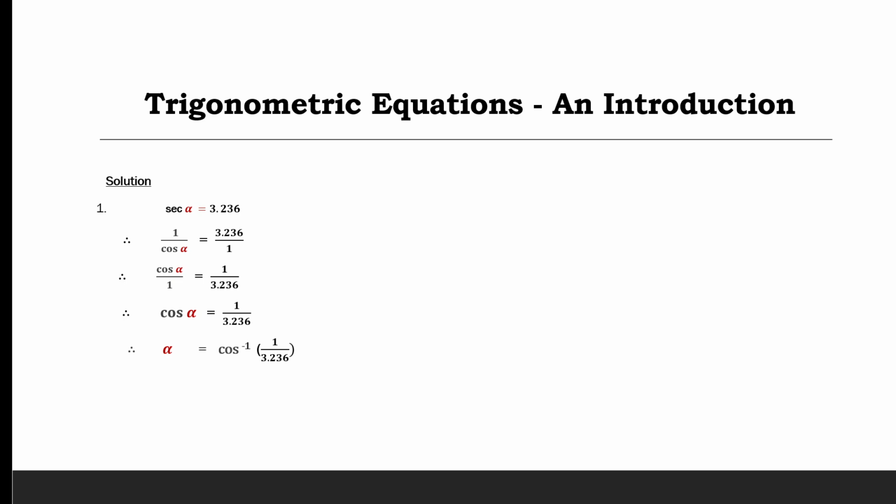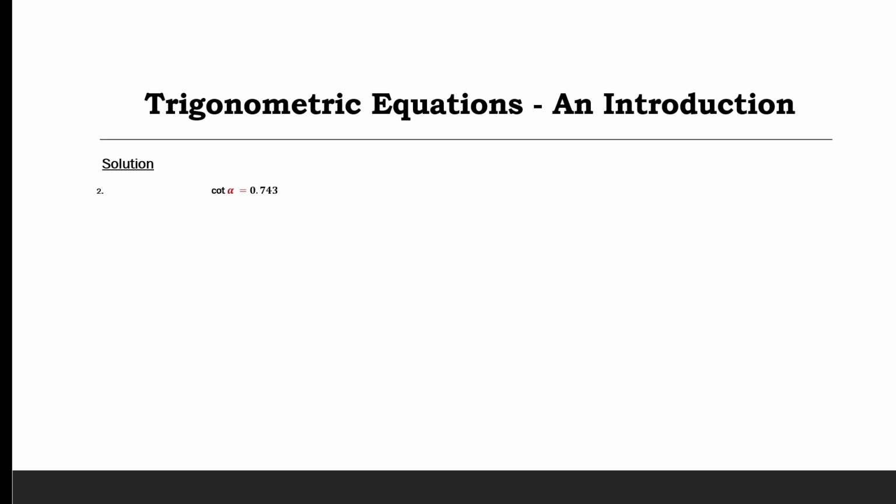3.236. And punching that on the calculator would yield us a value of 71.9996, and that can be reduced to 2 decimal places to be 72.00 degrees. Looking into the next example that involves the cotangent, we know that the cotangent and the tan functions